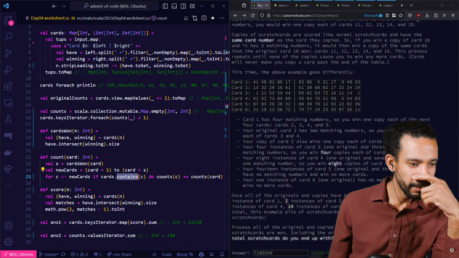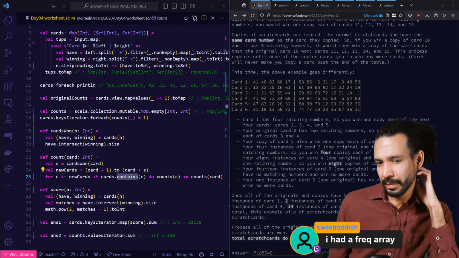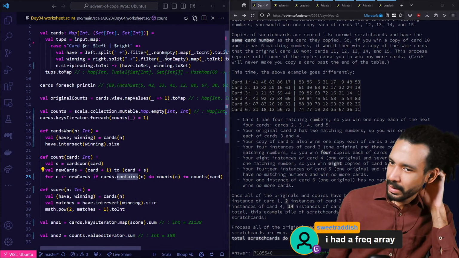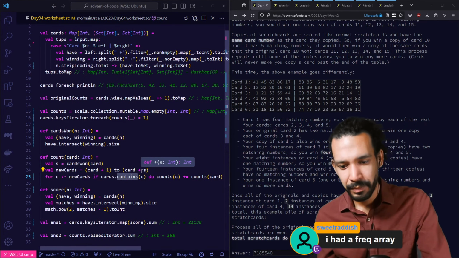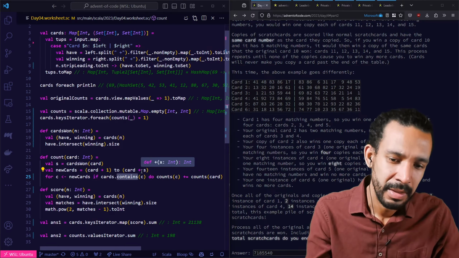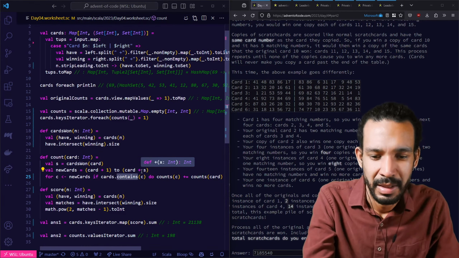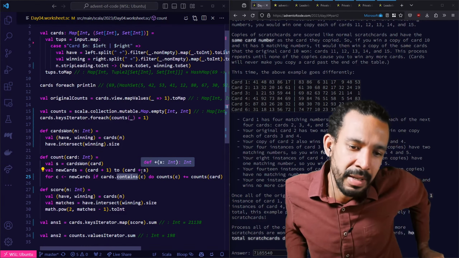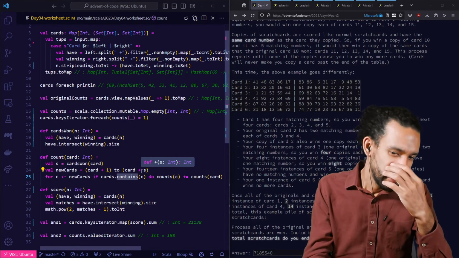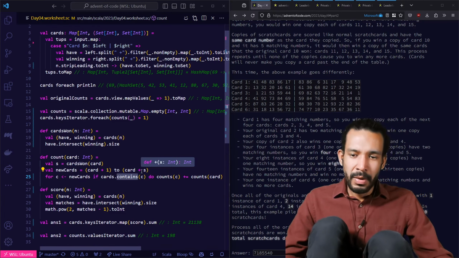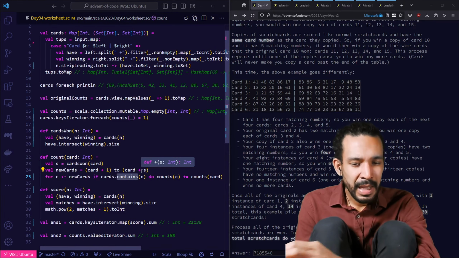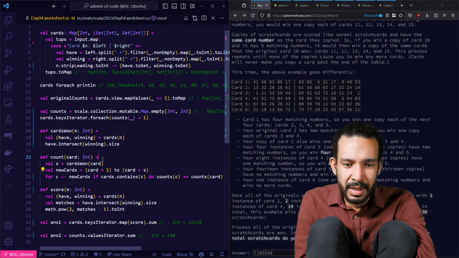Yeah, the frequency array. Yeah, an array would be totally appropriate. I did a map, just update that part of the array. The map is going to be a bit heavier weight. But I was thinking I'd have to do a memoization, and